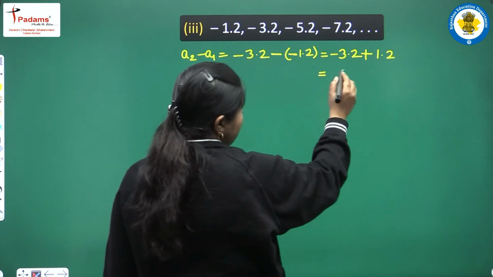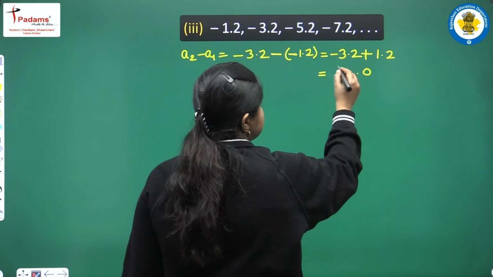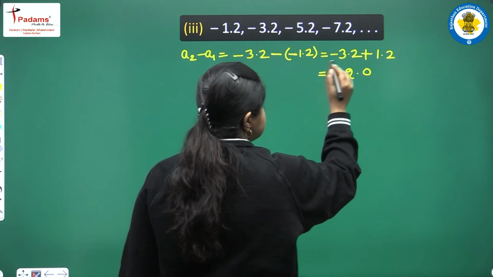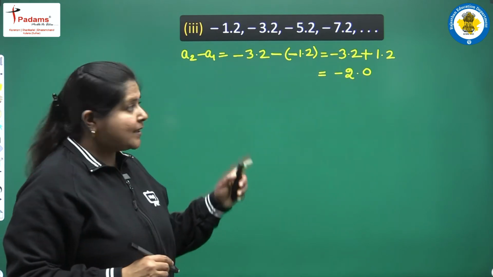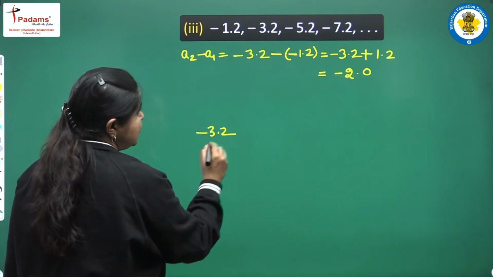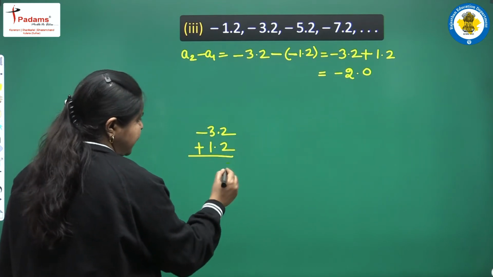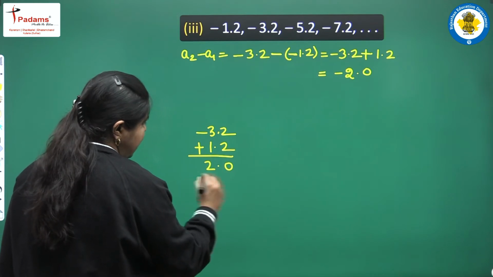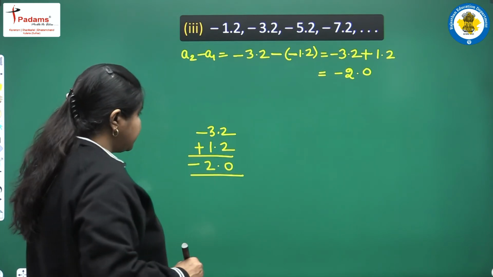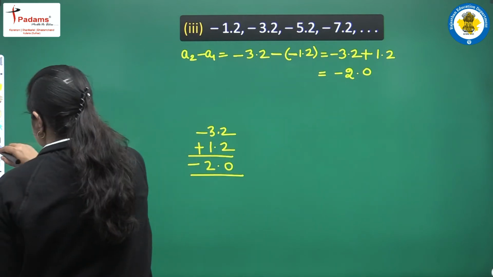And now on adding what we get, actually we will be subtracting, it will be 2.0 and with a minus, minus 2.0. देखिए कैसे करेंगे. 3.2 और 1.2, एक माइनस का एक प्लस का है, सब्ट्रैक्ट करेंगे, it will be 0 and here we will have 2 and the sign of the bigger number, it will be minus 2.0. Okay, next we take